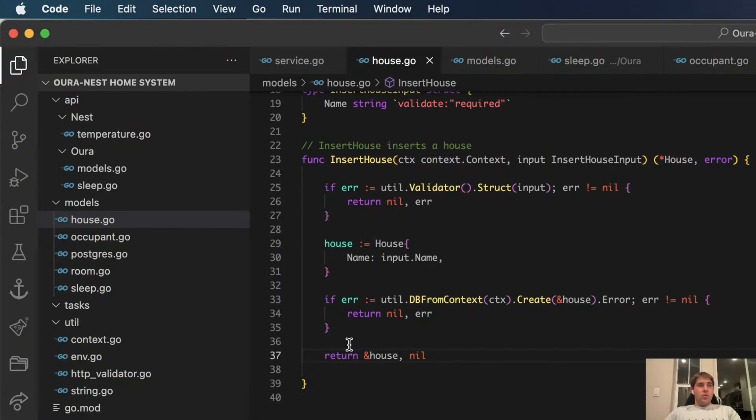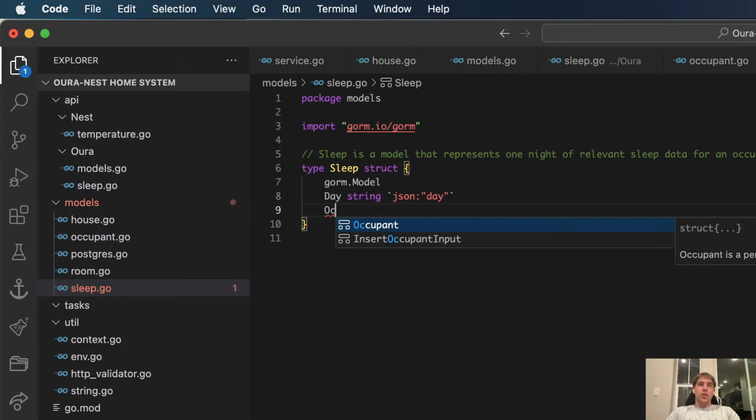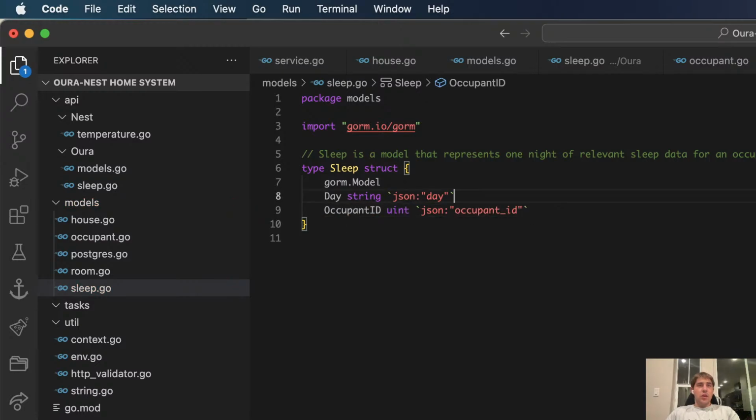Cool. So let's design a sleep then. It's going to be a day. We're going to have occupant ID. Really all we need. Occupant ID. Let's see. I'm going to move this up because these are kind of like data layer specific associations.